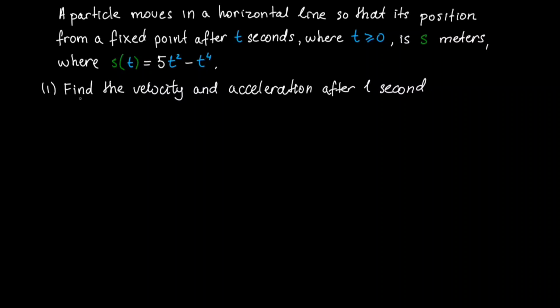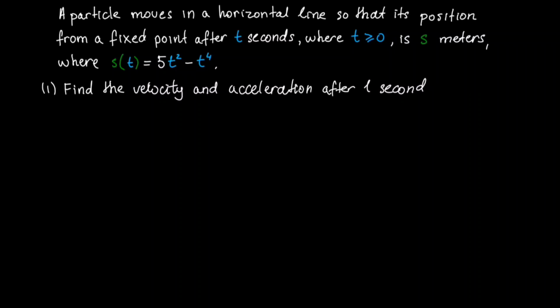And for number 1, we're tasked to find the velocity and acceleration after 1 second. So here we are given the displacement function, meaning to find the velocity we have to do the first derivative, and to find the acceleration we have to do the second derivative. And if it says after 1 second, it means I just have to plug t equals 1 into velocity